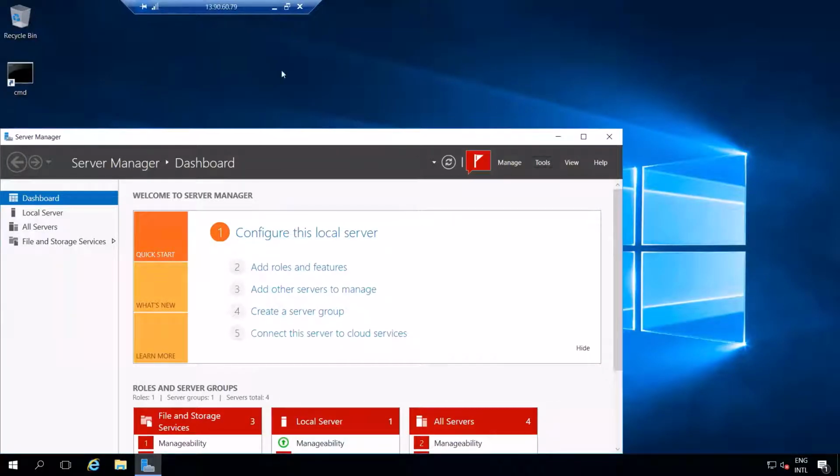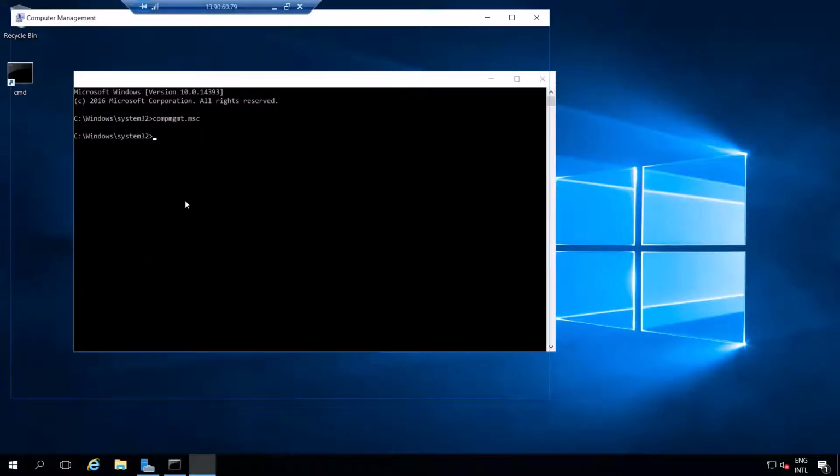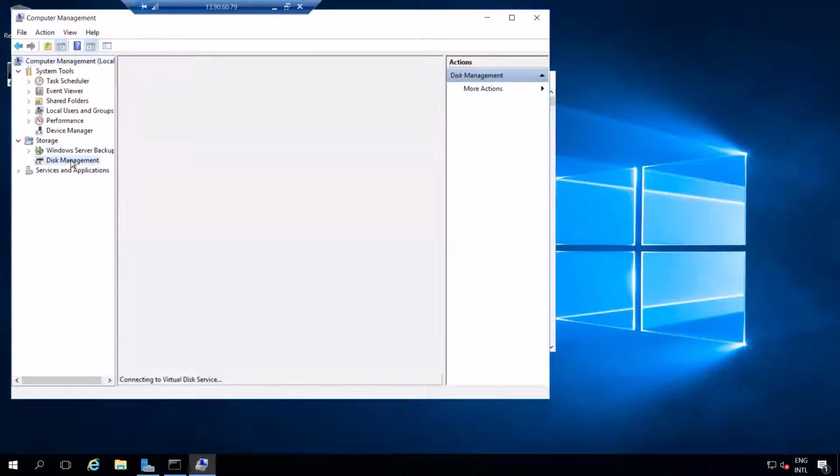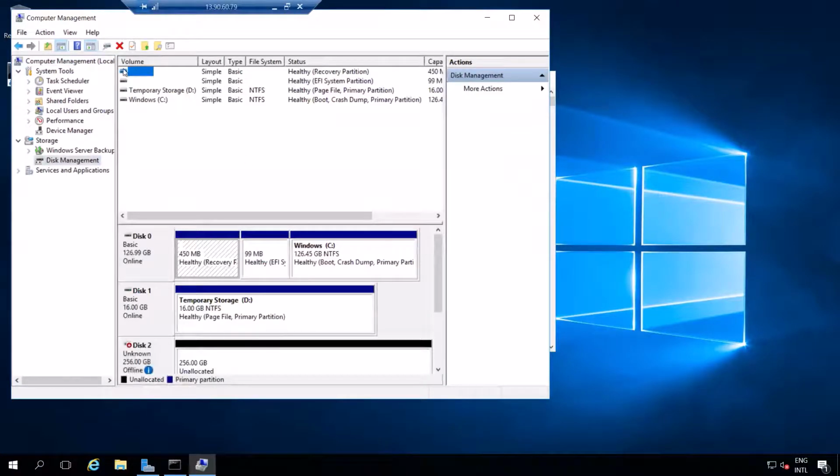This is my node 2. Let me minimize it. Let me go to computer management. Let me go to disk management. Okay. Similarly, let me click on this, make it online.